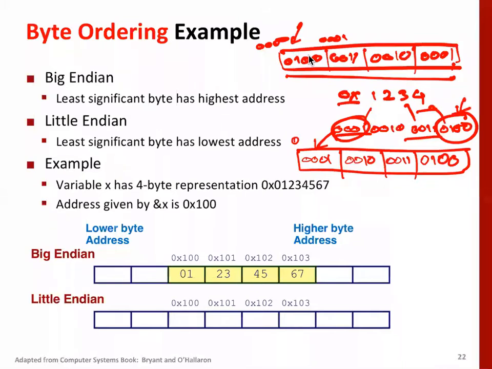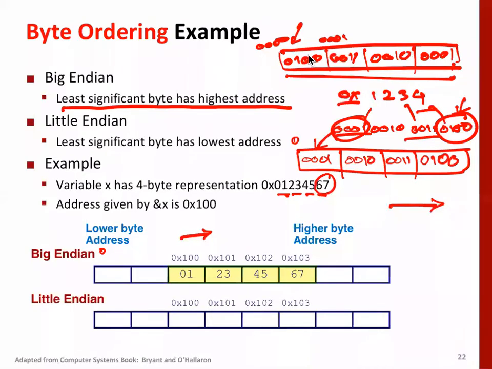Okay, so we call it big endian if the least significant byte is at the highest address. Highest means it's towards this side. Suppose it's starting from this one and going this side. So for big endian, let's look at this word: 0, 1, 2, 3, 4, 5, 6, 7. This is 1 byte, second byte, third byte, fourth byte, 32 bits, right? This is the least significant part of the word, right?